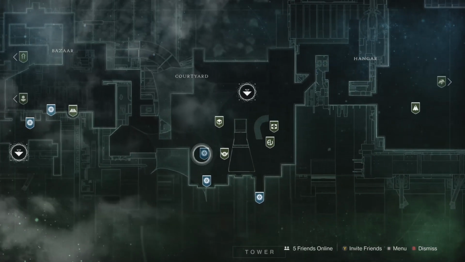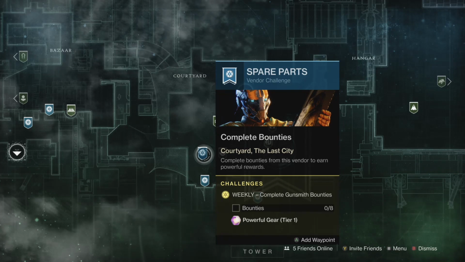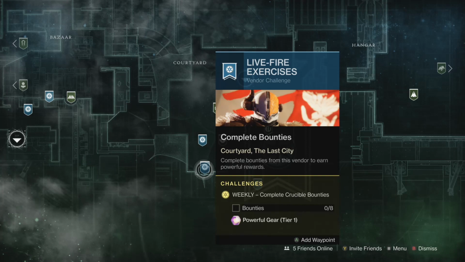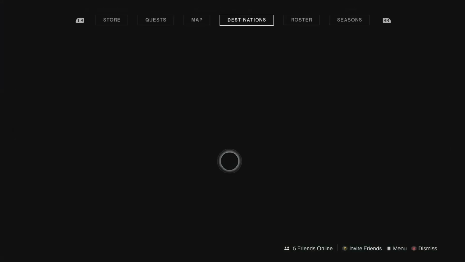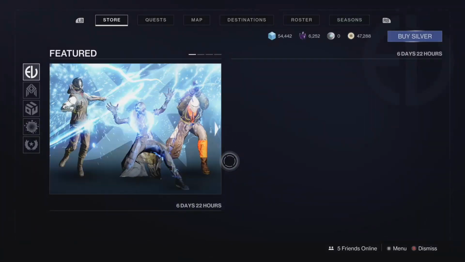Do 8 of the gunsmith bounties and you will get a tier 1 powerful reward. The same for Shax, you do 8 crucible bounties, and the same for Zavala, you will do 8 vanguard bounties. Alright guys, let's check out Eververse and see what she has this week. Alrighty, so